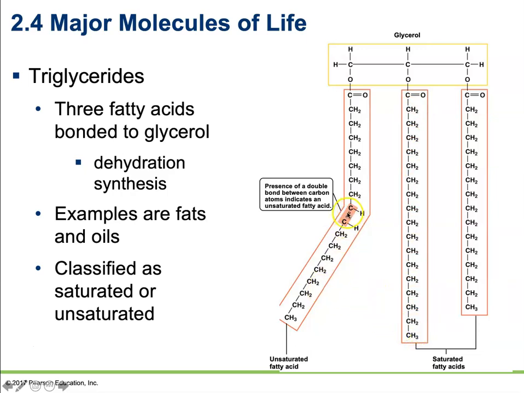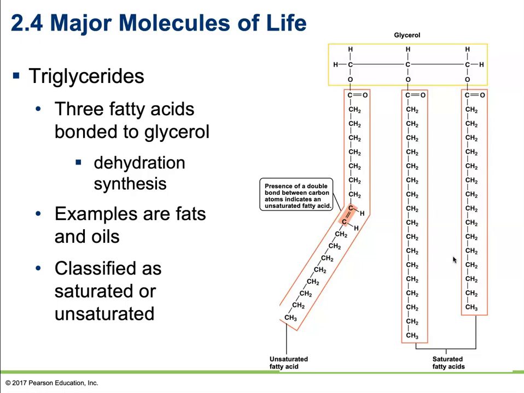However, when you throw a double bond in there, suddenly there's only room to be attached to one hydrogen. So there's fewer hydrogens attached to this chain. It is unsaturated. Now the interesting thing is that saturated fatty acids tend to be solid at room temperature. Because they have these long straight chains, they can pack in very, very tightly at relatively warm temperatures.